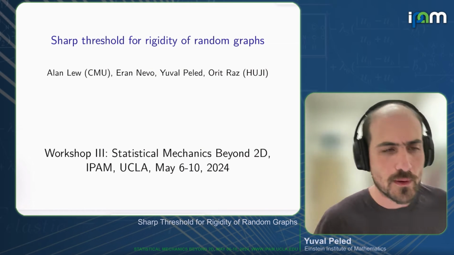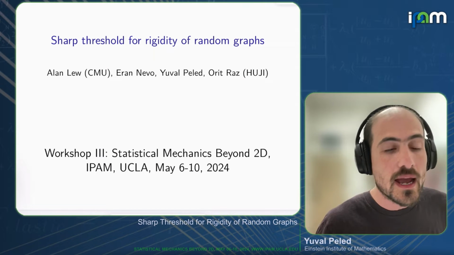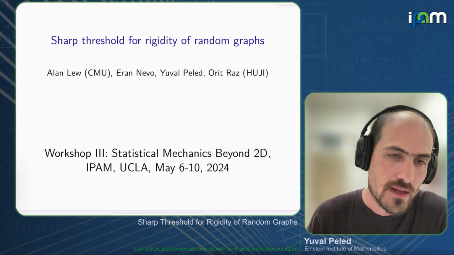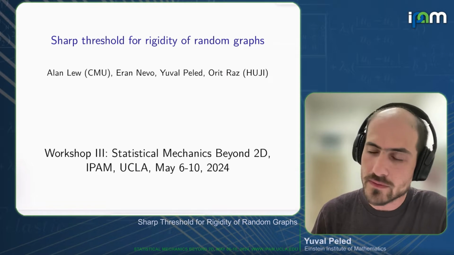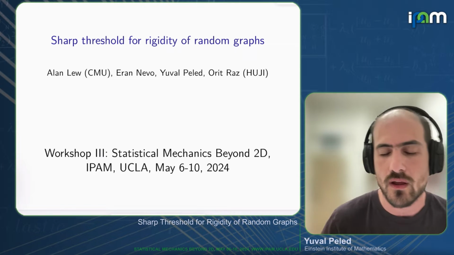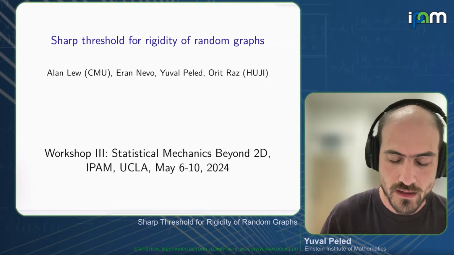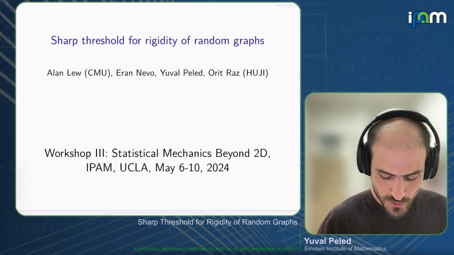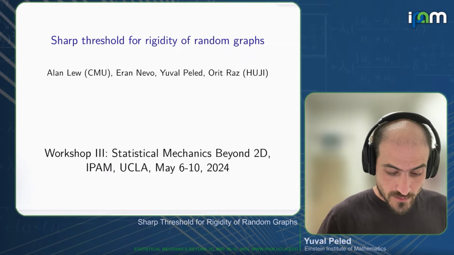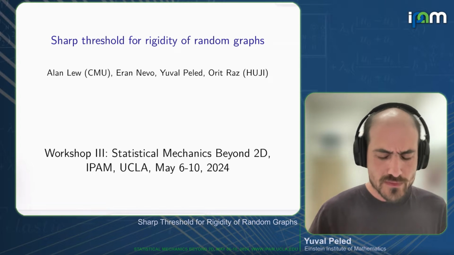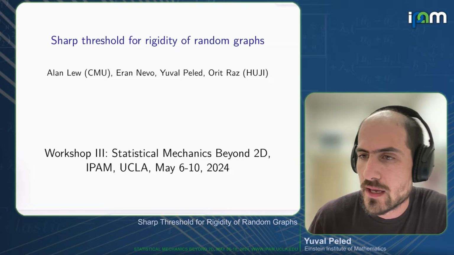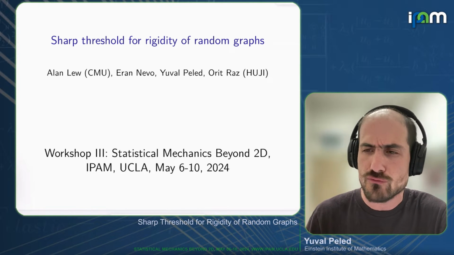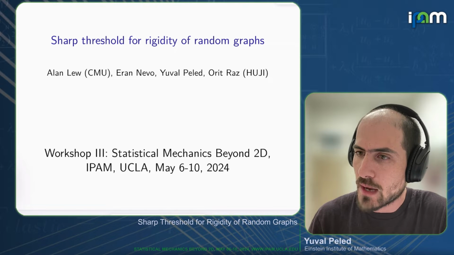I'm going to talk about a joint work with Alan Lew from Carnegie Mellon and Eran Nevo and Orit Raz, my colleagues here at the Hebrew University. They talked about our work on the rigidity of random graphs, and I'm going to